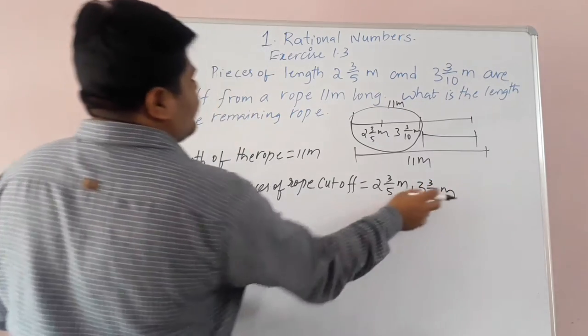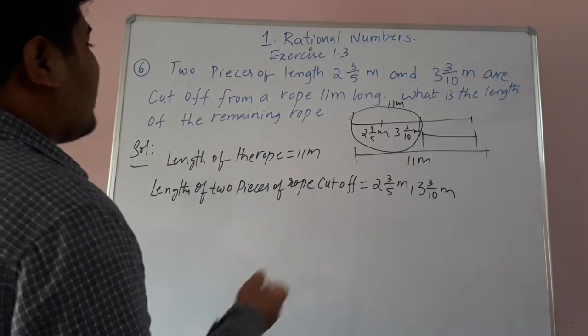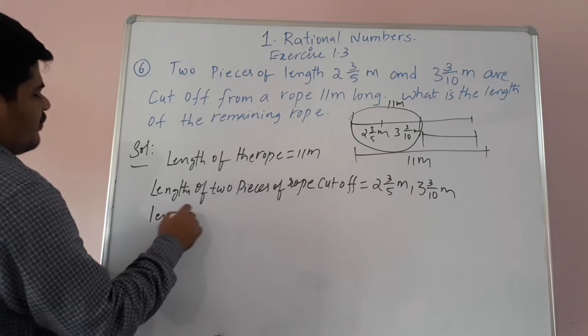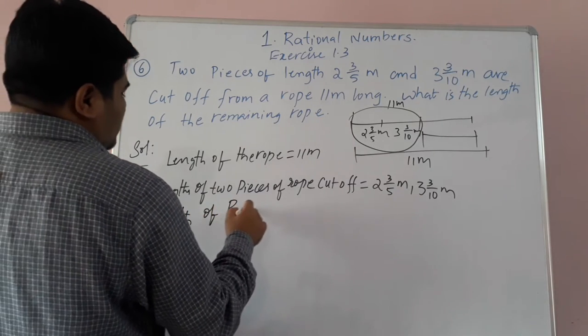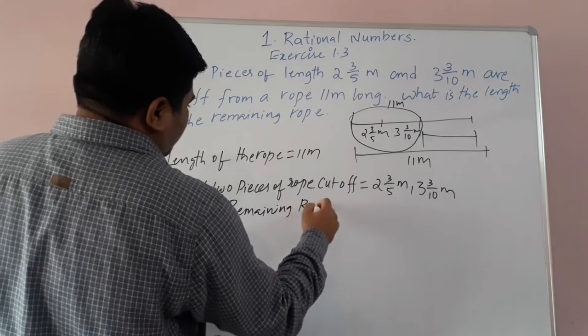So these are the lengths of the two pieces of the rope which they cut off from the total rope. Now they are asking to find the length of the remaining rope. So the length of the remaining rope, children, is equal to